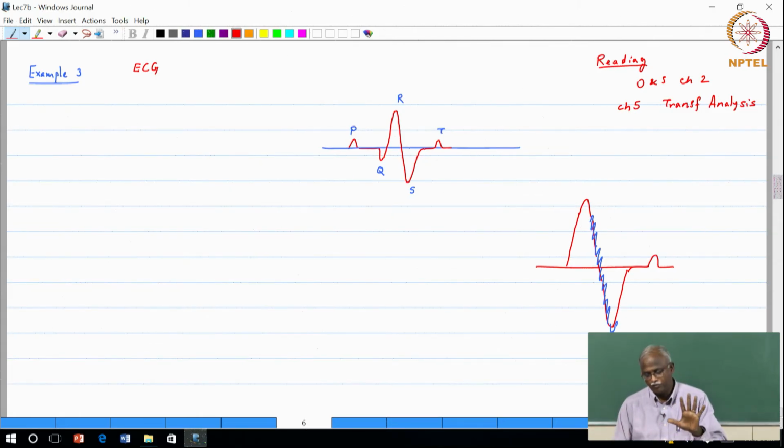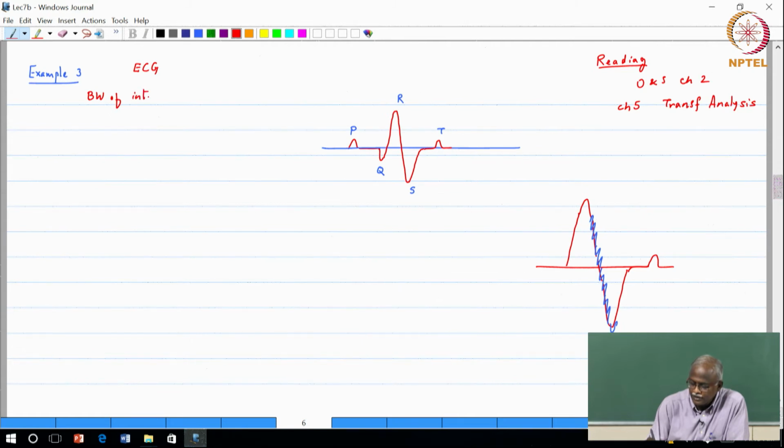The doctors are looking for 5 points P, Q, R, S, T, and they look at spacing, frequency, the heights and other things, and then they are able to interpret that into saying a normal heart, something that has got irregular behavior. So, a lot of information is obtained from there. So, the bandwidth of interest